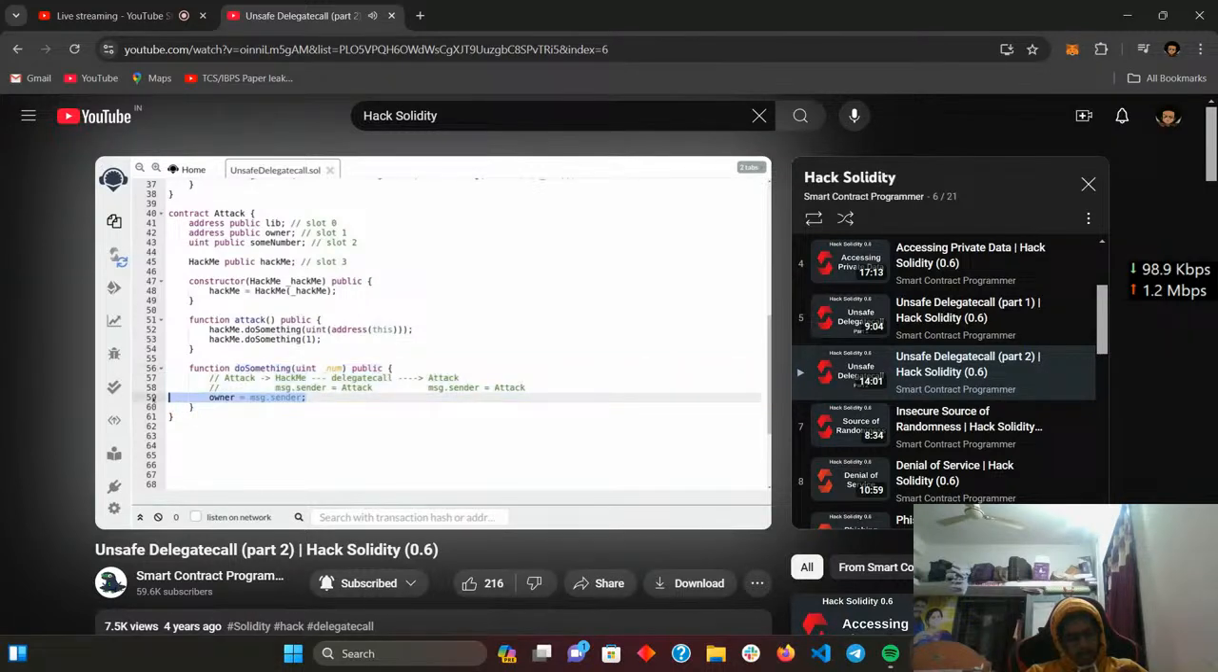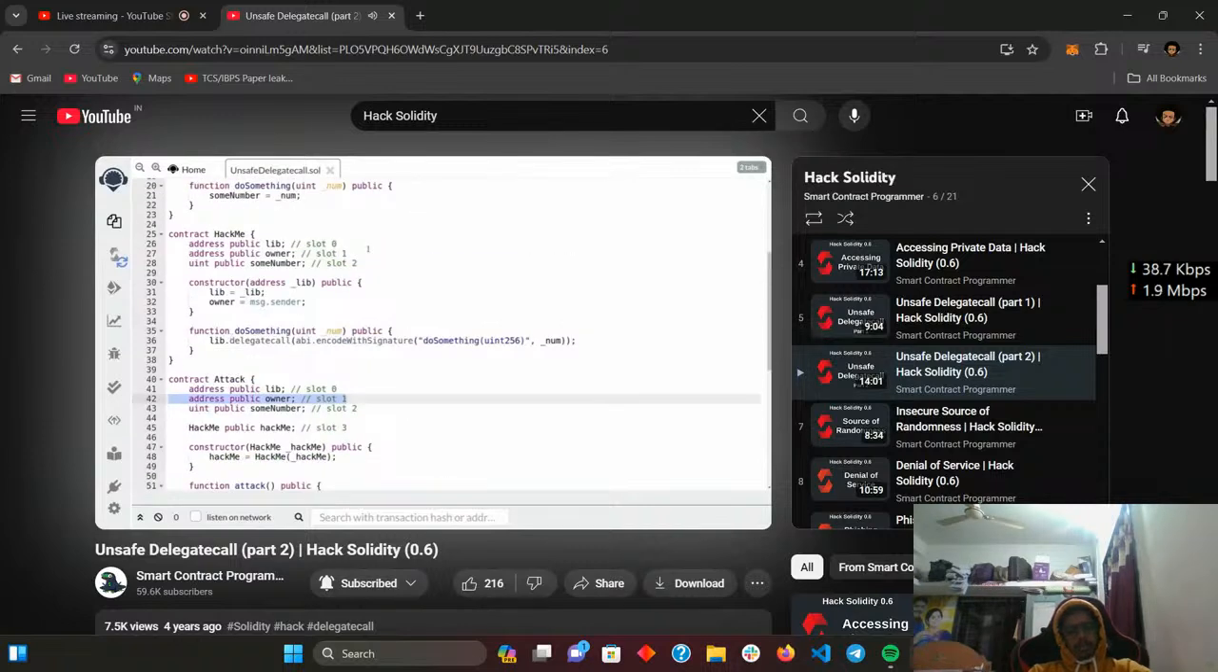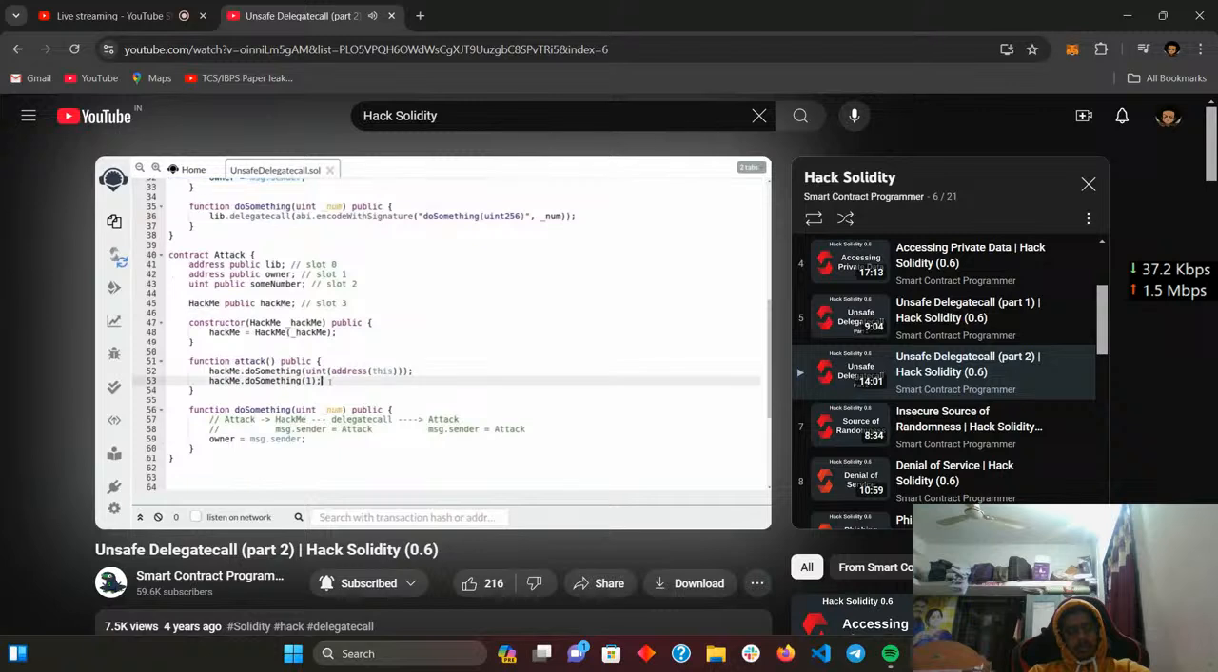Which will update the owner state variable. Now, since all of this runs inside the context of the hack_me contract, the owner that's going to be updated is not the state variable here, but the state variable inside the hack_me contract. And that's how you update this owner state variable, by making two delegate calls. The first one will update the address of the lib contract to point to this contract,